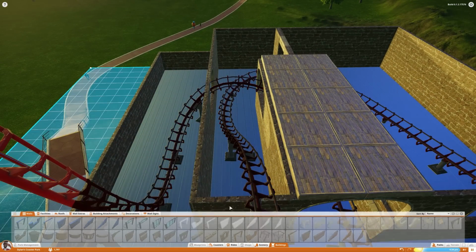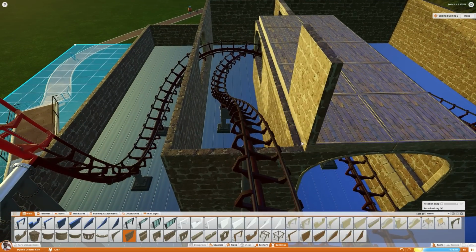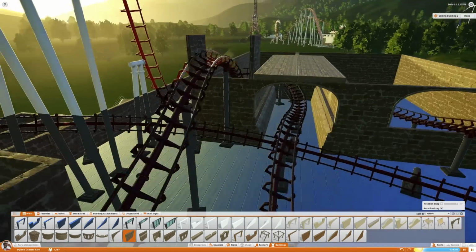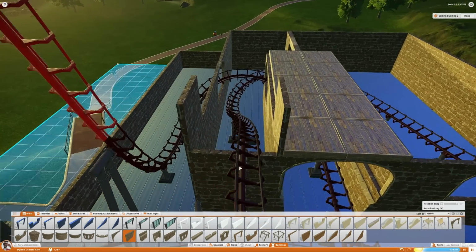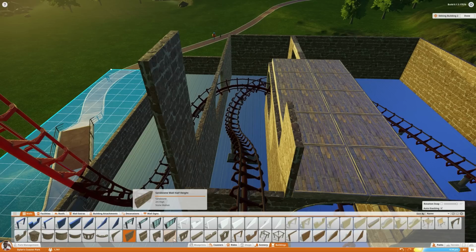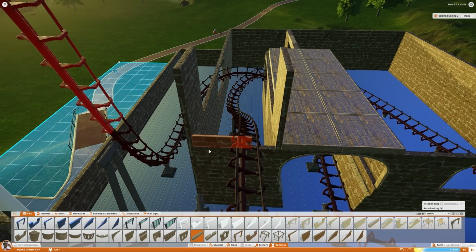Let's actually do a little bit of building on camera, because thus far this episode, I assume, has mostly been time-lapse and not much else, which is not really what it's supposed to be. So I want to do a little space here. So give me the half wall section for there and for there. Then I want to do...